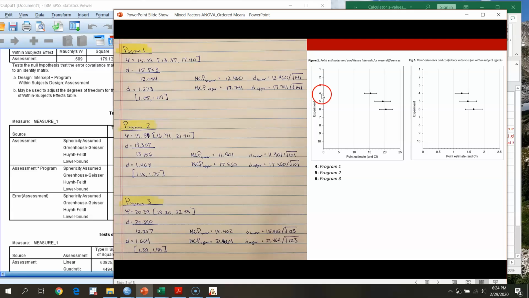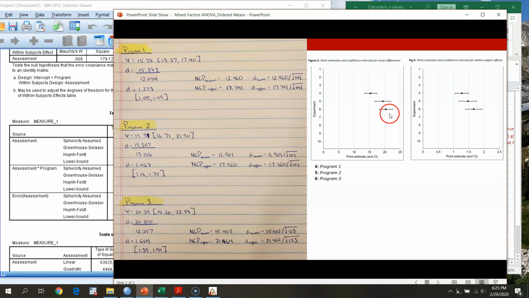So we've got program 1, program 2, and program 3. These are our point estimates and confidence intervals around our mean difference. Here are point estimates and confidence intervals around effect size D, right? What we're seeing, and we can see this in our numbers, but this is just a nice way to visualize it, is that in terms of raw reduction in points on average in programs 1, 2, and 3, we're seeing pretty strong evidence that we're seeing greater reductions in program 3 relative to